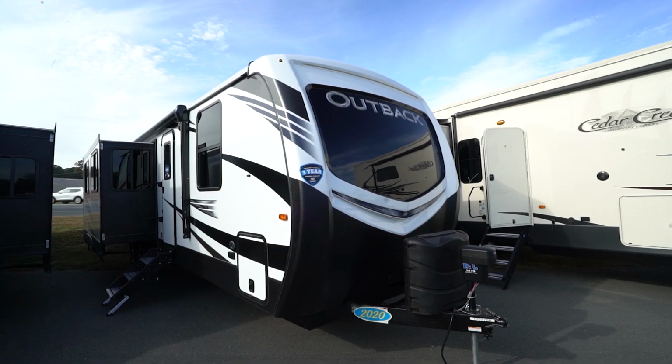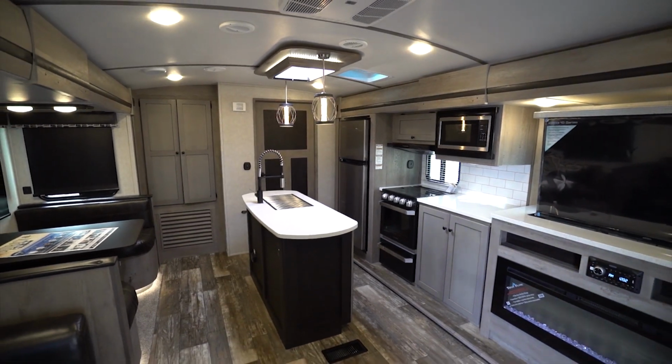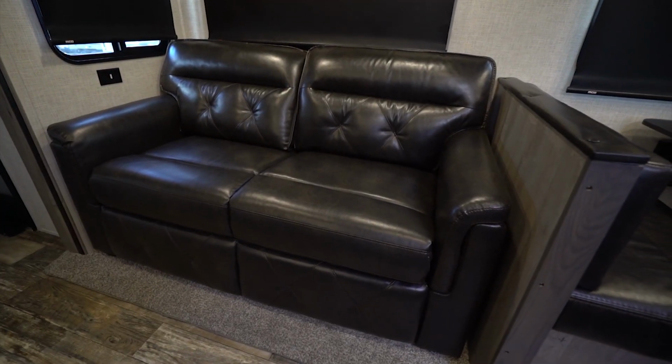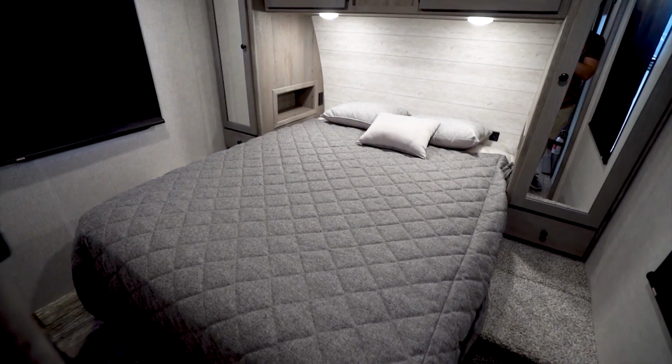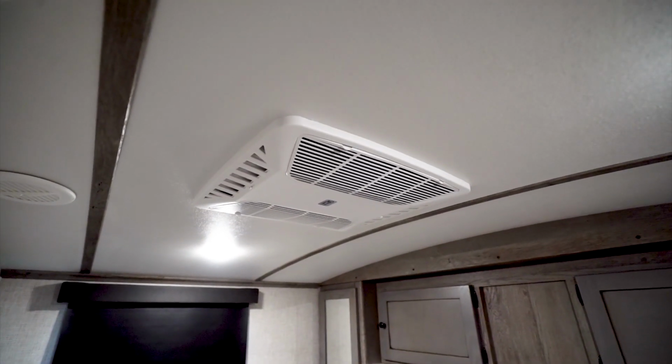We've gone through the fantastic Keystone Outback floor plans. Now let's take a quick look at some fabulous features from the inside out. In the interior, you'll find comfort in upgraded furniture, residential-sized beds with deluxe inner spring mattresses, 15K BTU AC, and